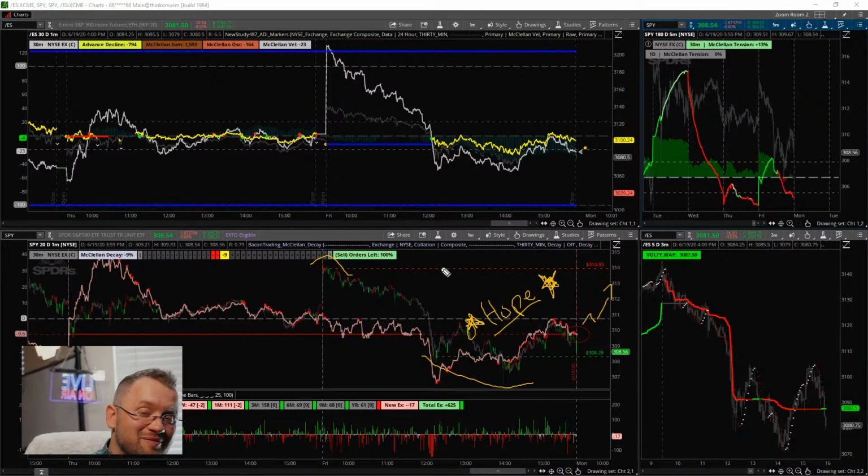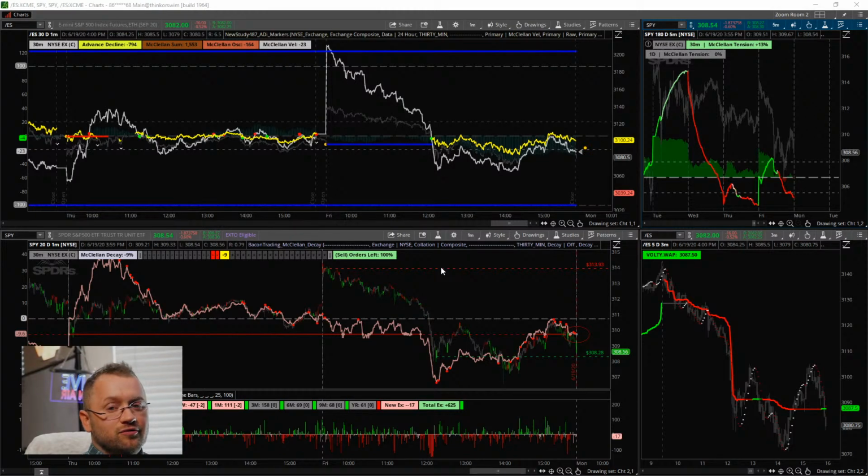So I think the bears have a better chance of getting this to gap down over the weekend. I hate saying that, so I'm not a bear. Yeah, and John says gap down Monday, bulls defend. I think that would be a really reasonable thing. I just don't like the bears.